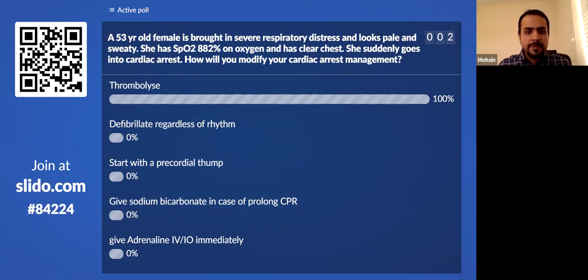Thrombolyze, yes. Yes, I think this is the right answer. Thrombolysis should be done because the patient's clinical picture goes with pulmonary embolism, and if you are able to, while